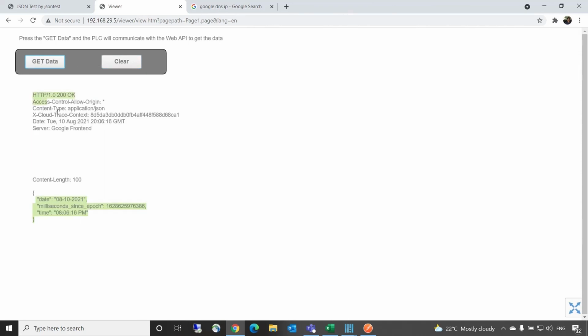So I'll try to get the same thing over here, get data. How to design this web page and so on, we have a video solution already, so you can refer to that video solution if required. This is nothing but a simple bit which I've considered here, that is M0. And this is a simple bit which I've considered for clearing all the data. And this is the actual data which I'm trying to show, that is D1000 to D1100, right?